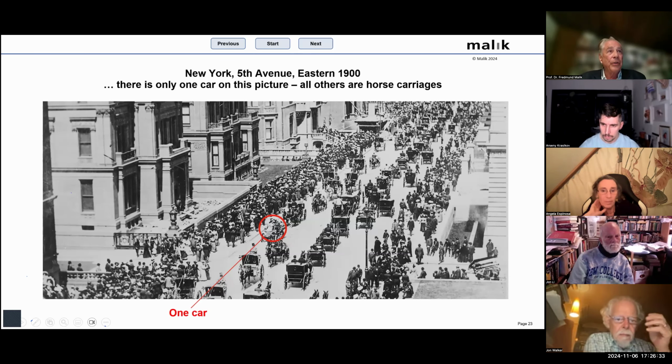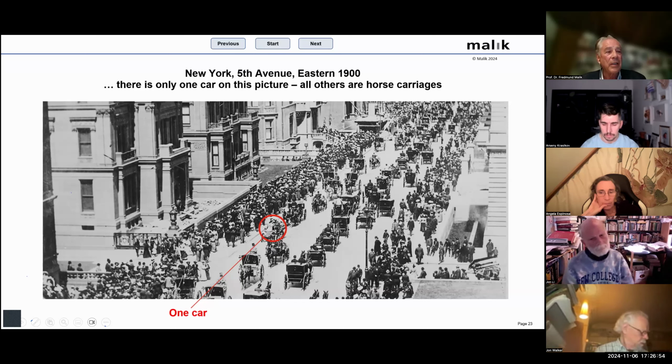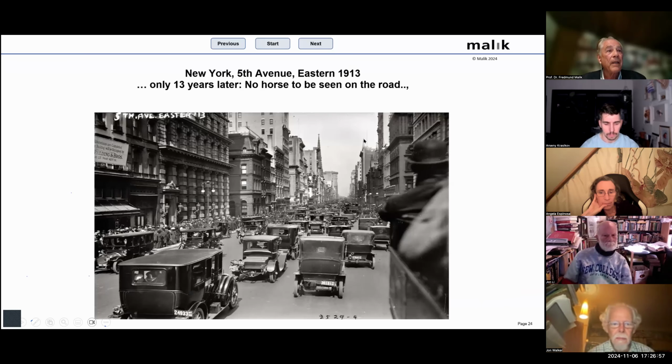Now look, New York, Fifth Avenue, Easter 1900. There is only one car on this picture. All others are horse carriages. Very elegant ones, wonderful things, and people like them, but just one car. Go further. Now, Easter 1930, only 13 years later, no horse to be seen on the road, just automobiles. Next one,